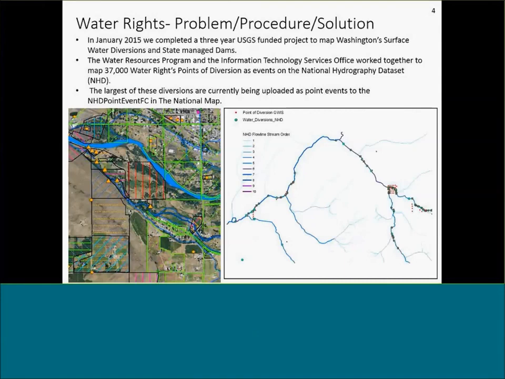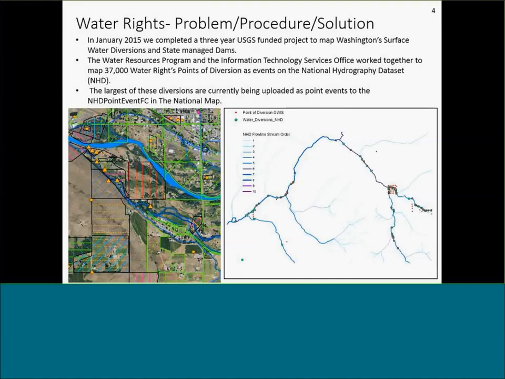So today I wanted to just touch on three of our areas: water diversions, fish distribution, and stream order. And everyone wants to know where water's diverted, so that's one of the things we did first. Washington has been moving water rights, points of diversion, and places of use information from paper documents to digital map form for many years. So if you look over on the left here, that's what that looks like. These were needed especially for court cases, adjudications, and to evaluate new water rights and transfers.